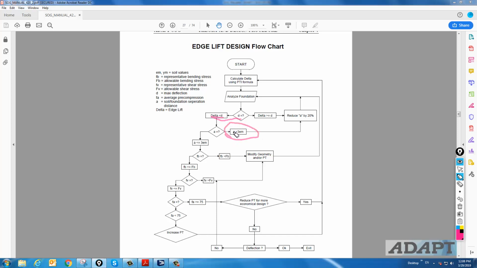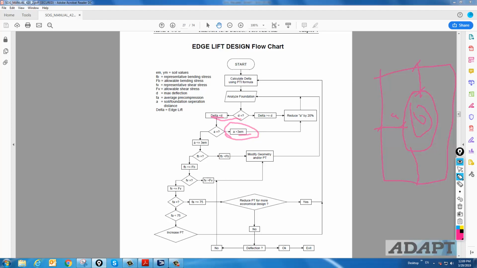So we're going to actually start down here. We want to make sure that the A, which in our case is 7.5 feet, is greater than 3 times EM. Well, what is EM? A in this case is the separation distance between where the slab loses contact with the soil and where it contacts the soil. So if you have a slab and you might have a contour that looks like this, and inside this area we have contact, so A would actually be the greatest of these distances away from the perimeter of the slab. This is A. EM is whatever the edge moisture is for that given